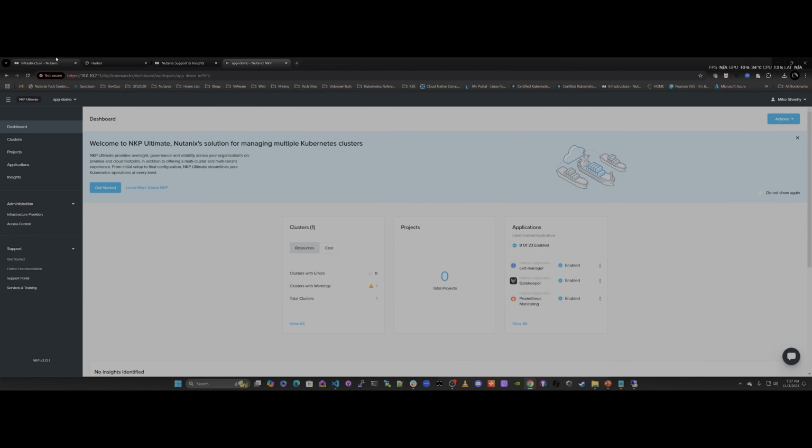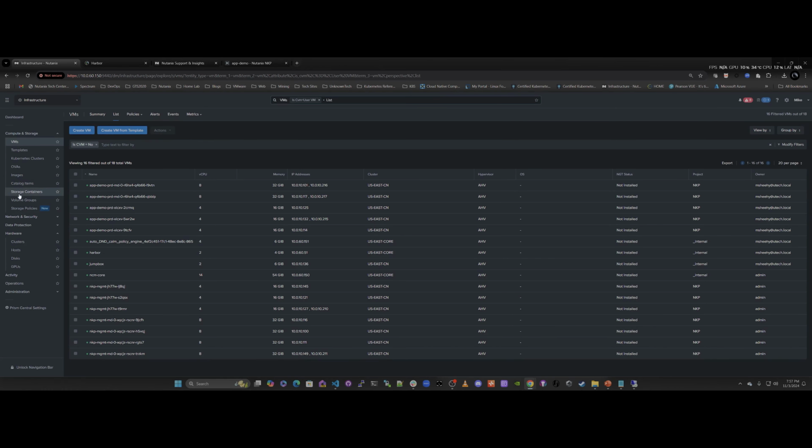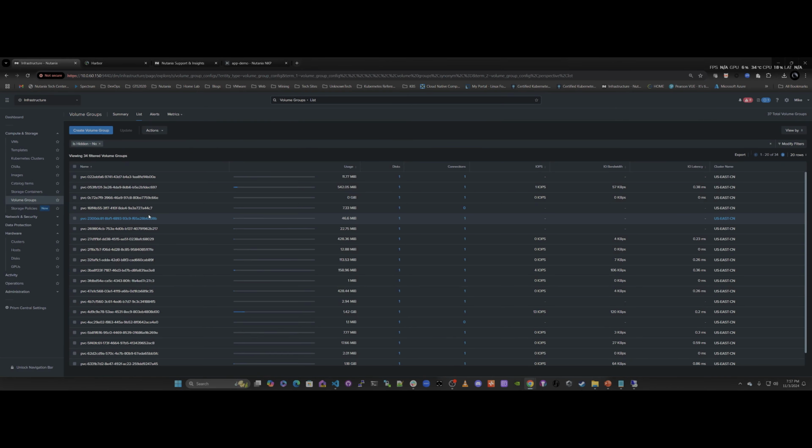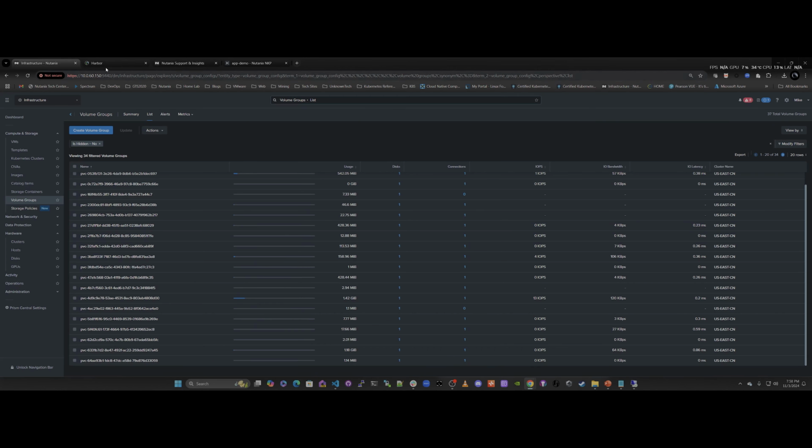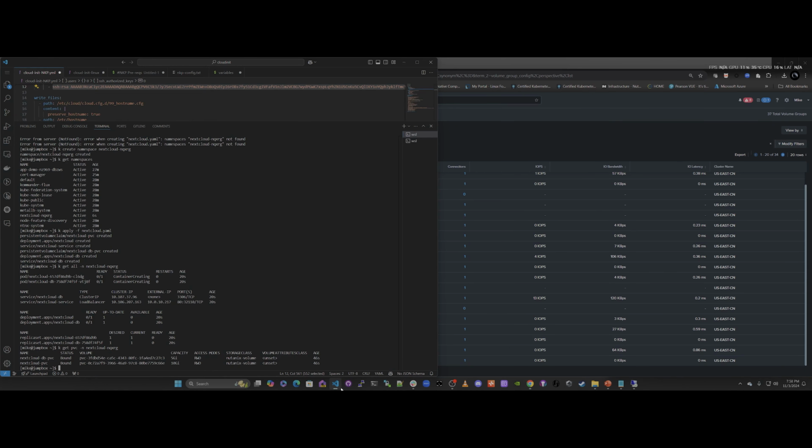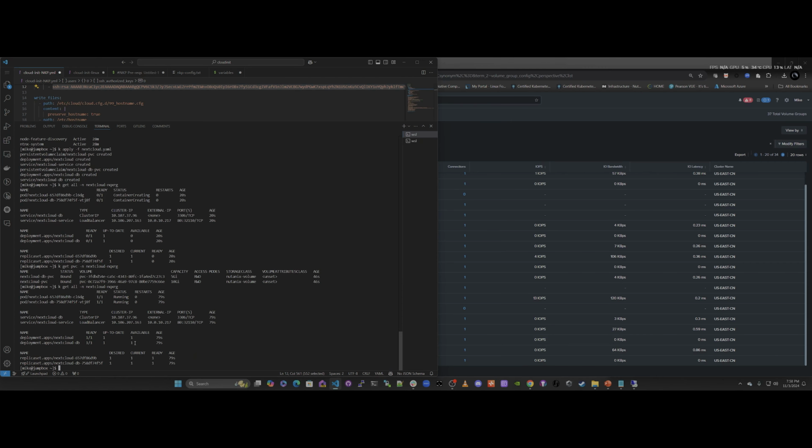So let's go back and make sure that those PVCs have been created. We go into volume groups, PVCs. And I won't go through all of these, but essentially these PVCs were created. They're actually in here now. And let's go back to see if we have everything up. And you can see here now we have the pods running, right, for the database and for Nextcloud, as well as the service. And you can see here the IP address that was provided through MetalLB was